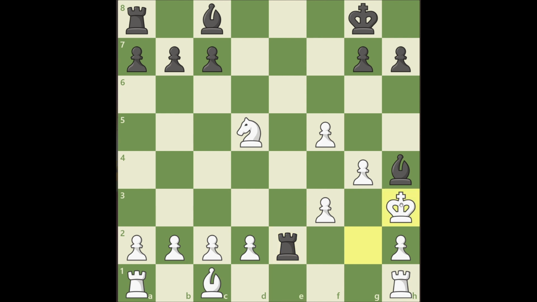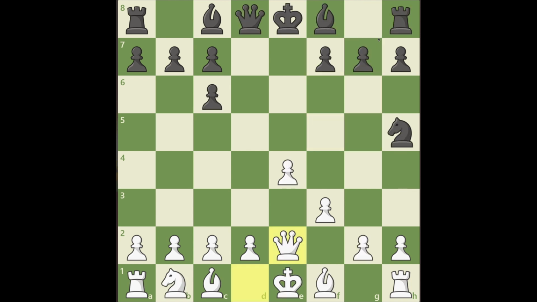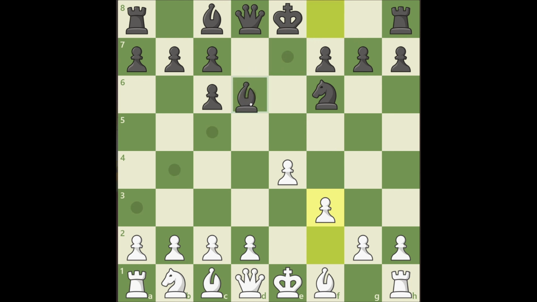And basically, if they check here, you can play king g2, and if they check again, you can play king h3, and basically, you're fine. You're absolutely fine. If they play g5, you just take it. It's really simple. So yeah, that's basically it. If they play knight h5,